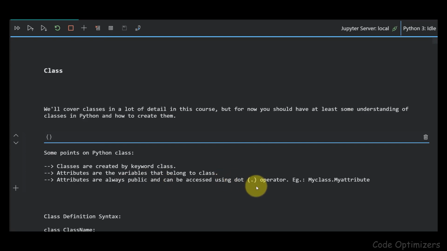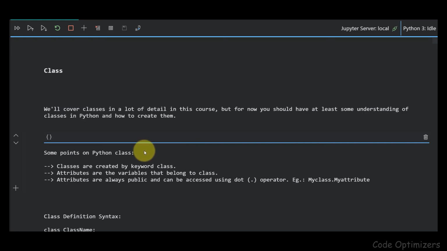We have a class named myClass and its attribute, that is myAttribute. If I want to access this myAttribute, it's simple in Python using a dot operator. I will write myClass.myAttribute and I can access the attribute of the class. If you come from a Java background, you are probably screaming that there's no data encapsulation going on, but it actually doesn't matter in Python.